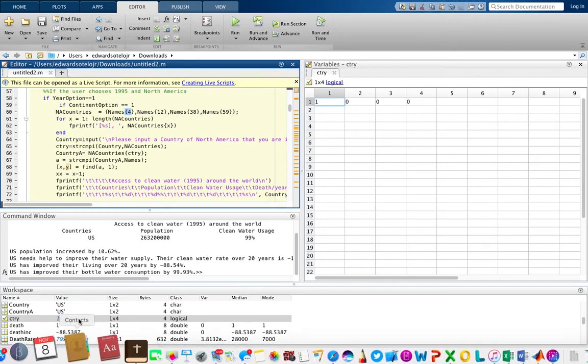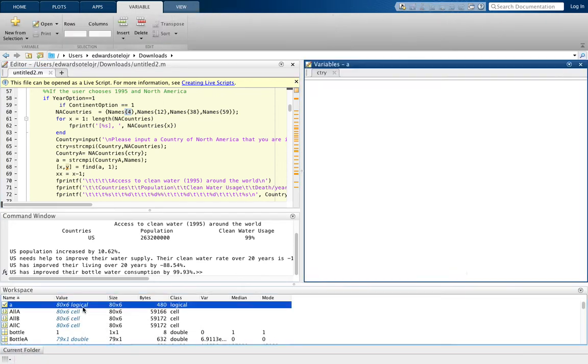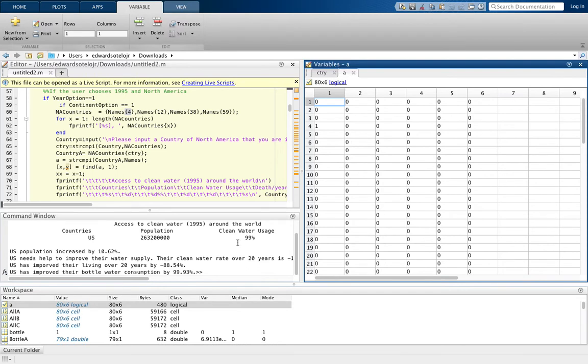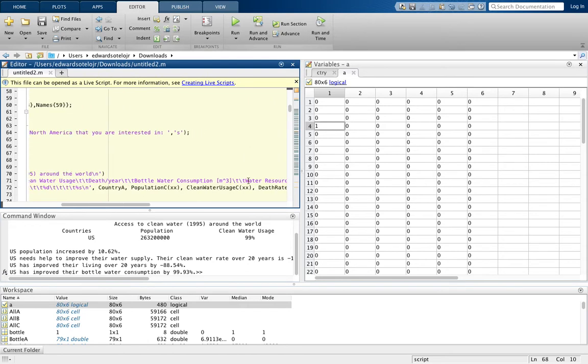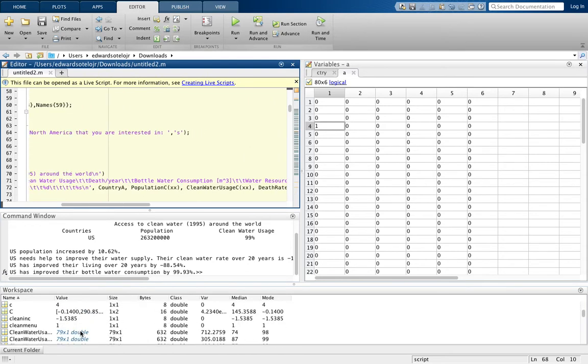Okay, so A will be this long matrix of zeros and ones. So we use the find function to find just the x, the row number, because we get 4. Say for the U.S., we get 4. But if we go to, let's say, our population,